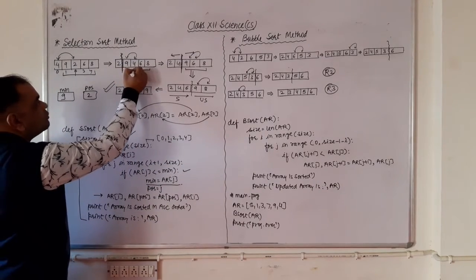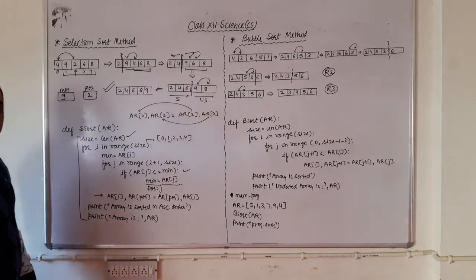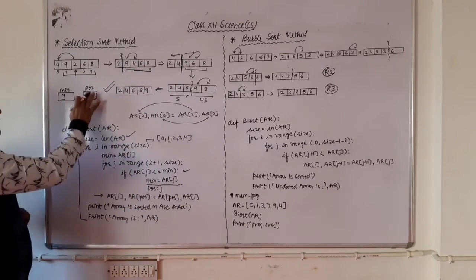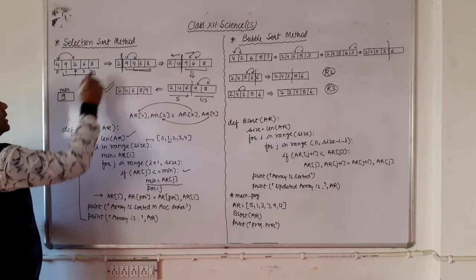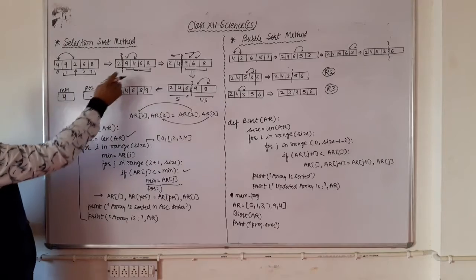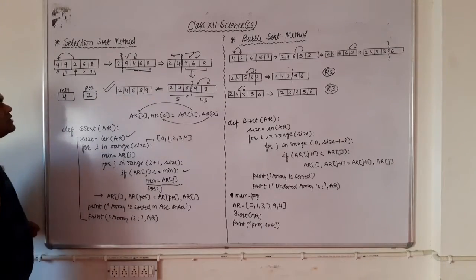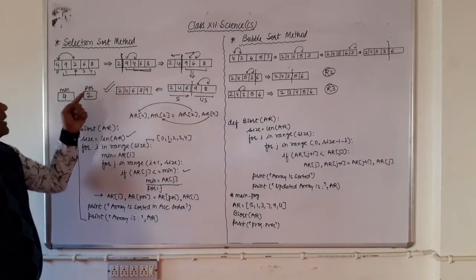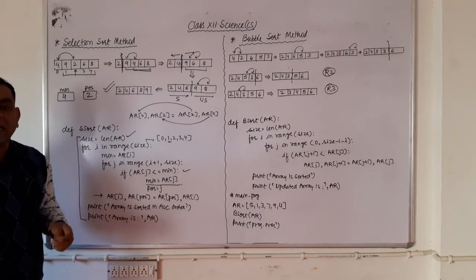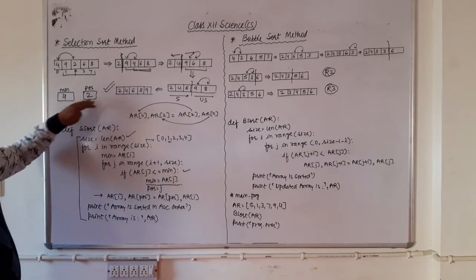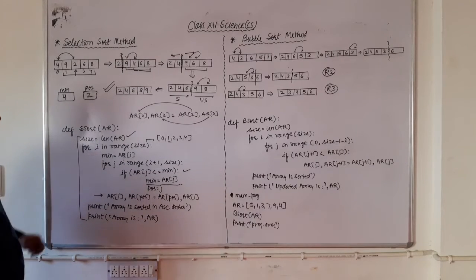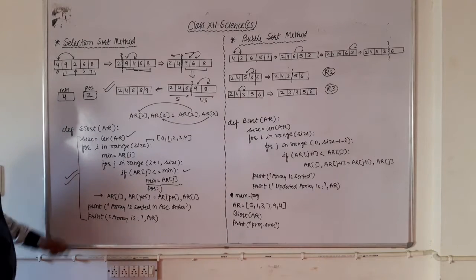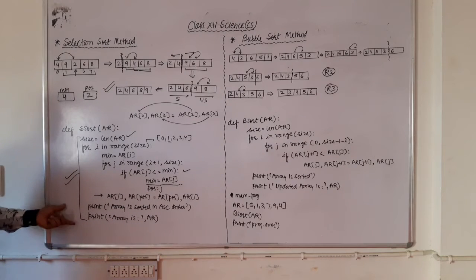Here it is. You have to find the minimum from the remaining array, and once you find the minimum element, it is there at this one. 4 is the minimum element. So 4 is available in min and position number 2 is available in the position variable. Again the data is converted, again the data is going to shift from one position to another position, right? So this is the code for selection sort. Just take a screenshot of this code and execute it on your PC.